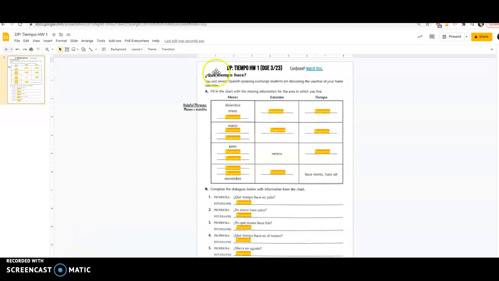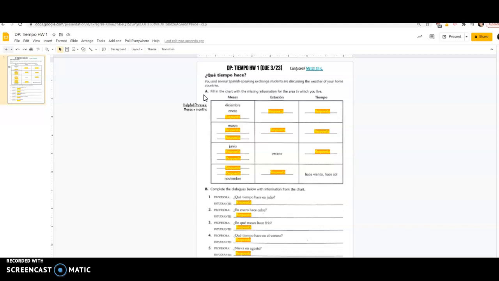How to complete the DP Tiempo homework 1. Okay, it says you and several Spanish-speaking exchange students are discussing the weather of your home countries. For part A, they want you to fill in the chart with the missing information for the area in which